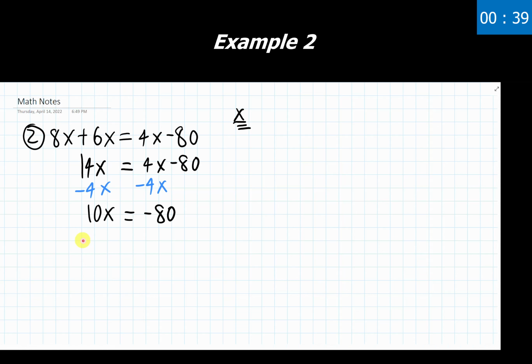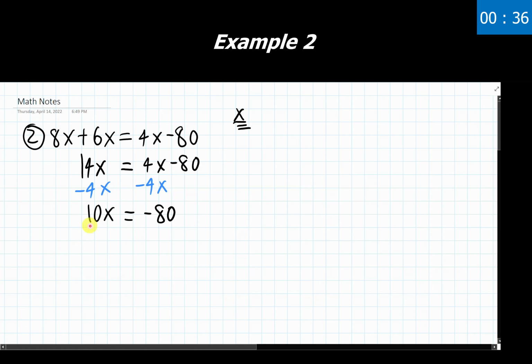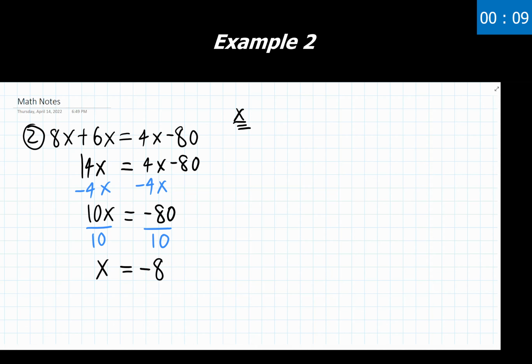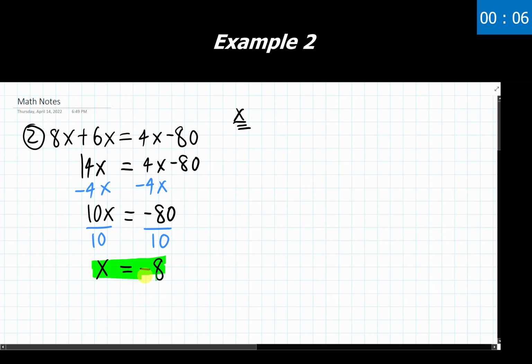Fantastic. Going to step 5, I can now isolate this variable by getting rid of this 10. The 10 is attached through multiplication, so I'm going to undo that by using some division. So I'm dividing both sides by 10. The leftover stuff on the left side is just going to be the x. The 10s cancel out. X always remains. I have negative 80 divided by 10. Quick mental math, that's going to give me negative 8 there. Can't simplify anything else any further. That's going to be our final answer for number 2.